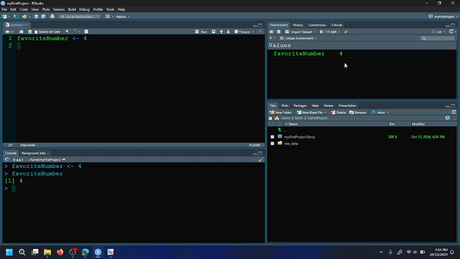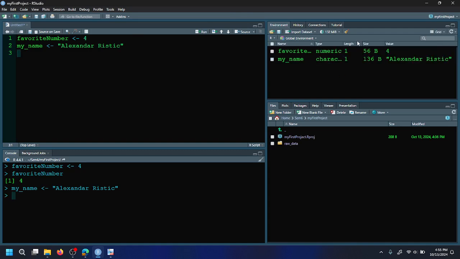Now you also saw that it's a numeric data type. There are other data types, like character, which is used to store text. And when we store text, we put it in quotes. So for example, my_name, assignment, Alexander Ristic. Run that. We see this. And if I go to grid view, my name, type, character, length 1, value, what I typed in, and size